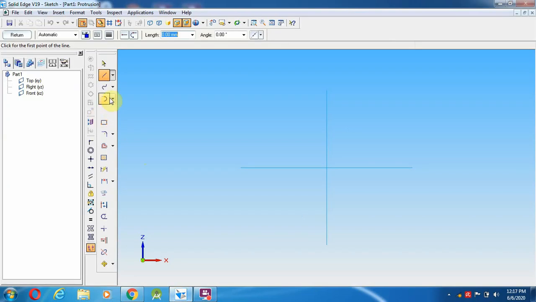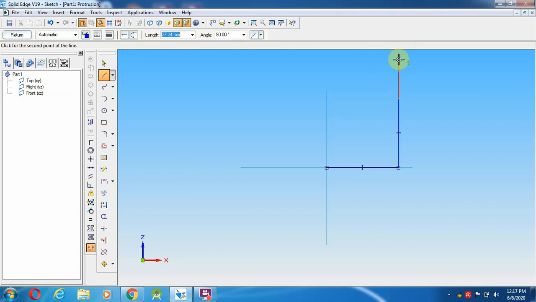Okay, so go on, select a line. From the line I am going to start with a 50 mm distance, 50, and angle is 0, enter, and height is 45 plus 3, 48, enter, and again 25 mm.